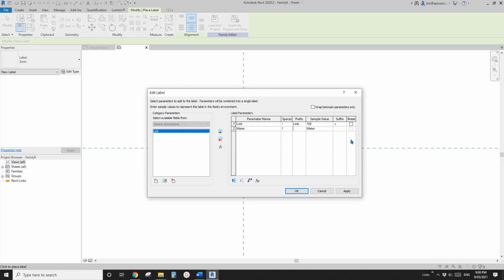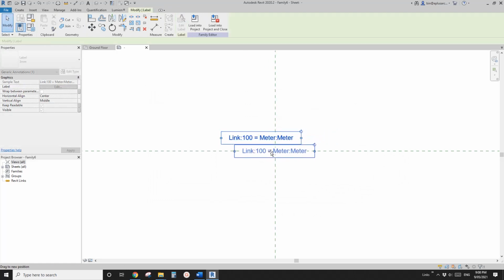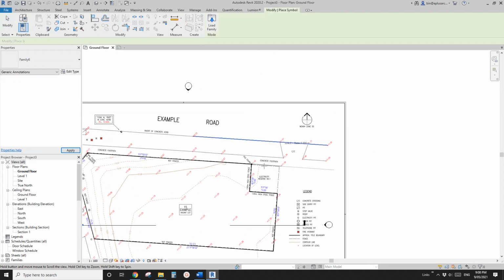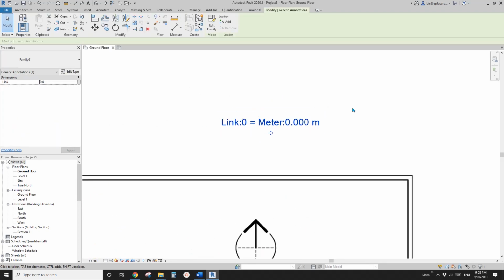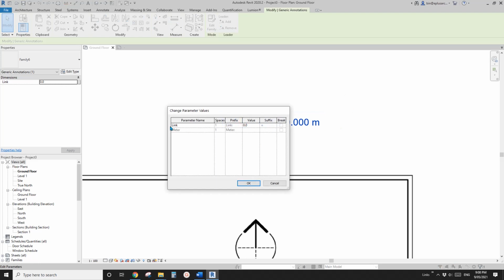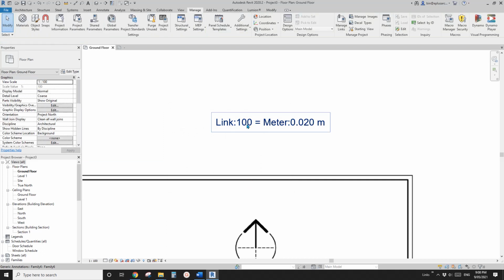And also I'll add a prefix, so link equals meter, maybe something like this, and OK. Now let's move this roughly to the center, and we can load this into the project. I'll just place it here. Now let me show you how to use this. Click here, and you can type in a number. For example, 100 link, and it will tell you this is not right. 100 link should be